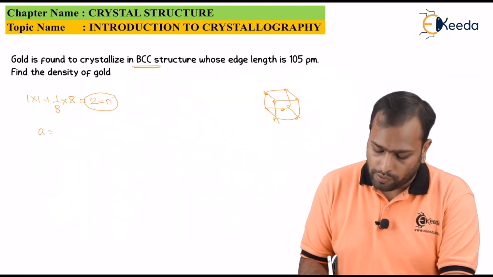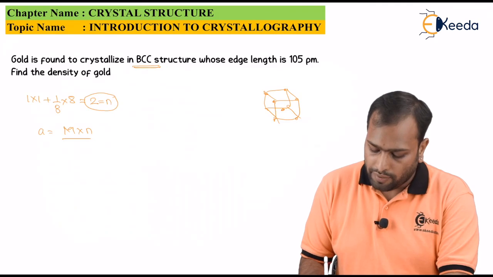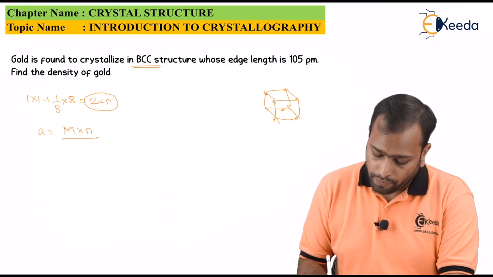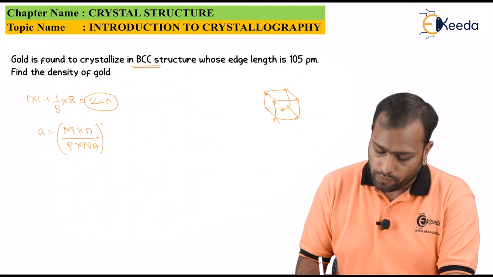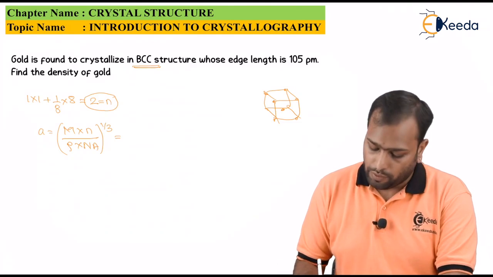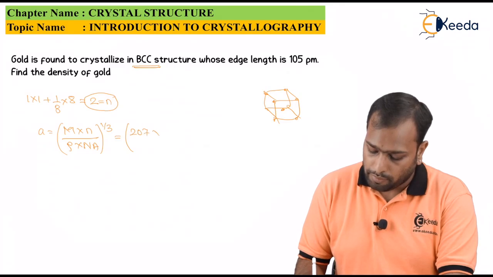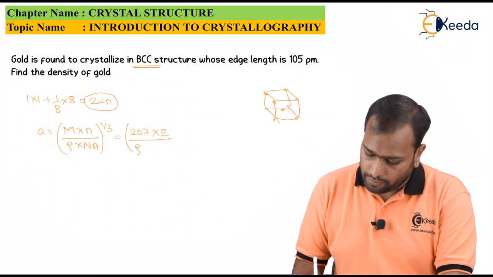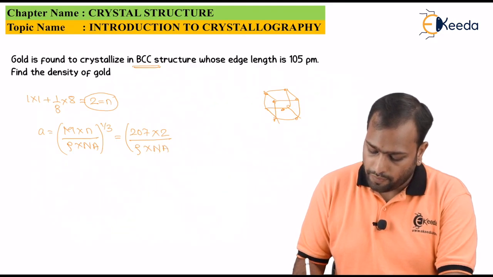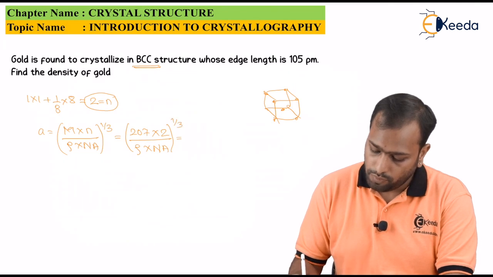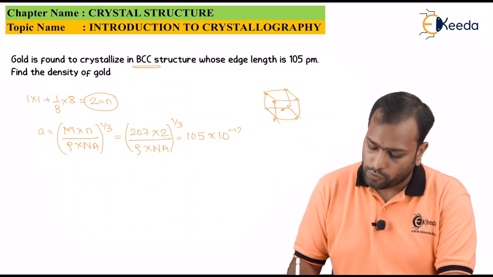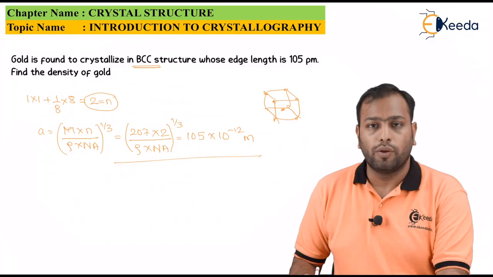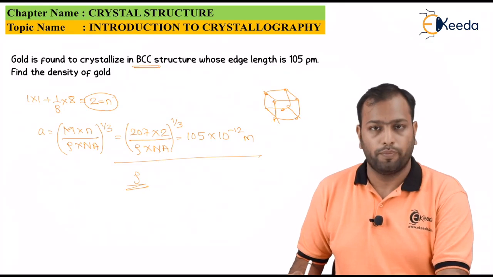The formula is same, A equals m times n divided by rho into Na, the whole raised to 1 by 3. That would be equal to 207 multiplied by 2 divided by density into Na, which is equal to 105 picometer. So it would be 105 into 10 to the power minus 12 meter. On solving this, you'll get the answer of rho, which is